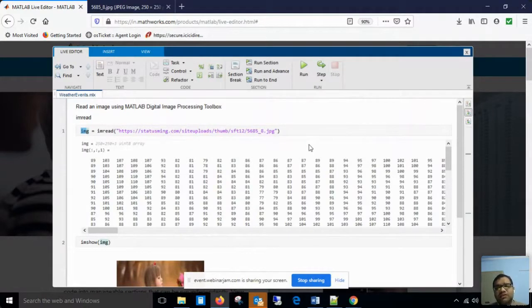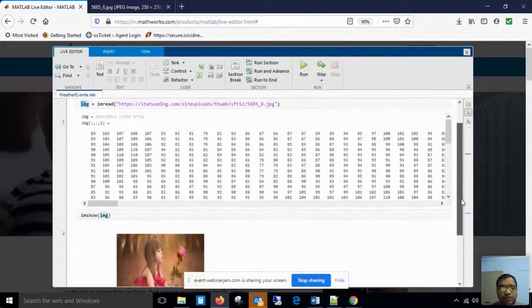But if you are using it online, then you have to give an online path of the image. So I have used one URL as a parameter of the imread function. Then imread is reading this file and converting it to the IMG matrix. So IMG is a three-dimensional matrix, 250 cross 250 cross 3, because color components are there.